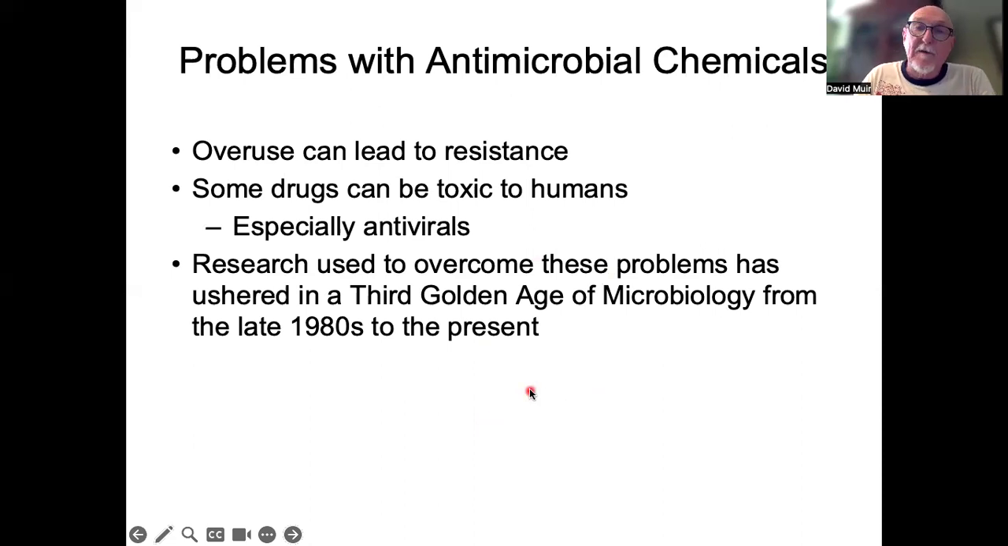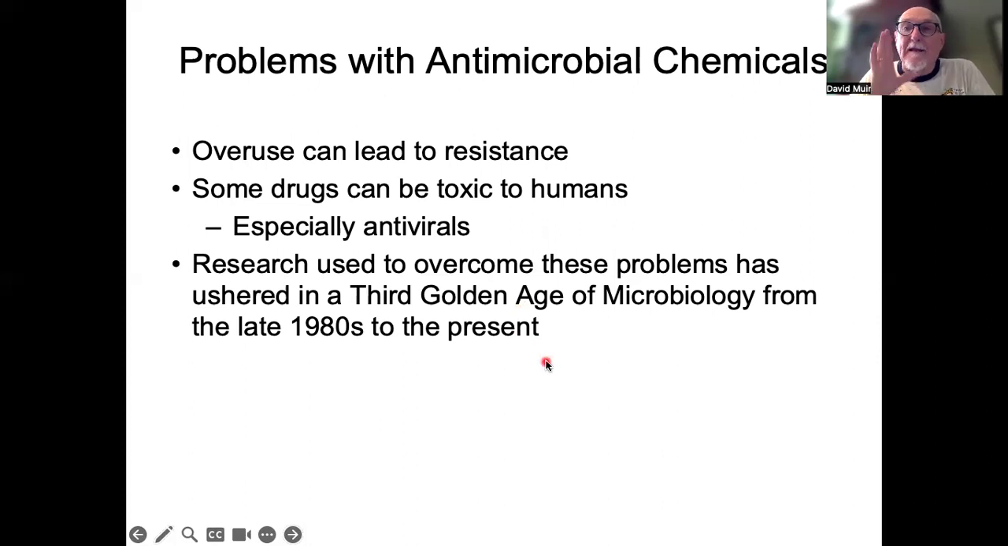In addition, some of them are toxic, and this applies especially to the early antivirals. All of the agents I've talked about were actually antibacterial, but we did begin to develop substances which would combat viruses as well, but these have huge problems of toxicity. We'll discuss that when we talk about viruses. So